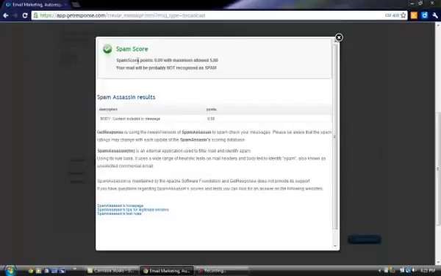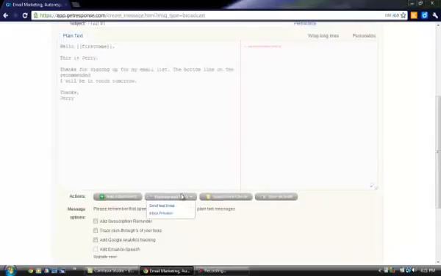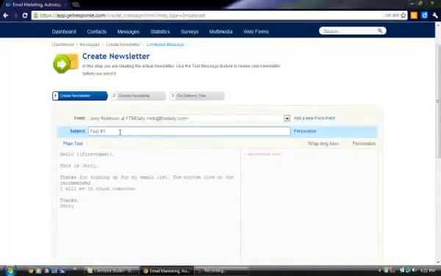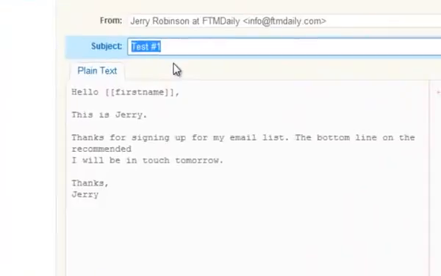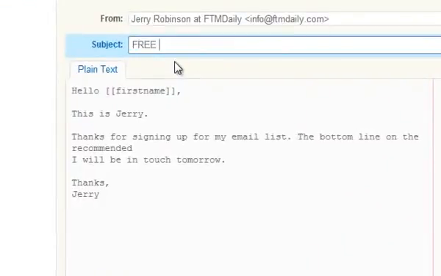And it says your spam score is 0. So your email will probably not be recognized as spam. Very good. That rate goes up whenever you start using HTML, and it also depends on what you type in here. Watch this. If we type in free money prescription